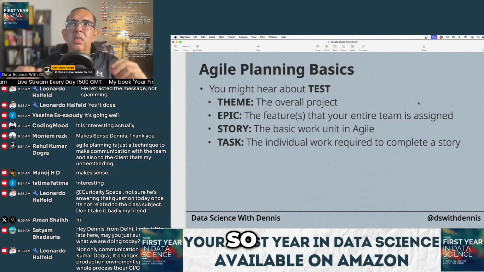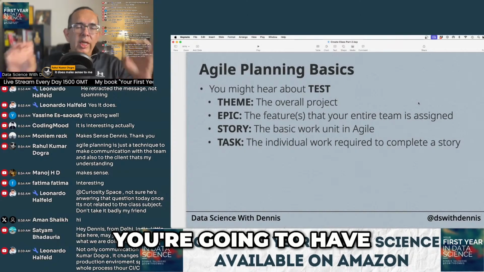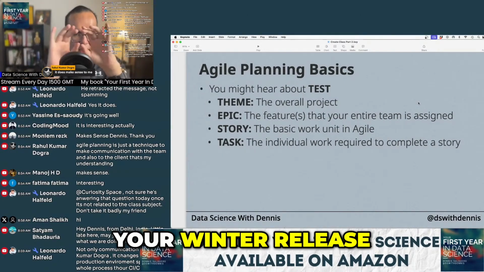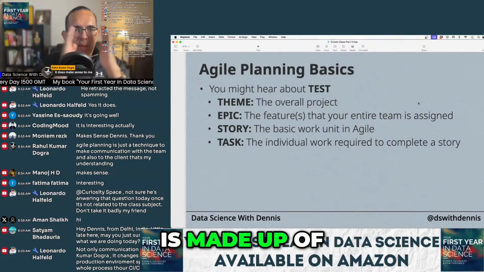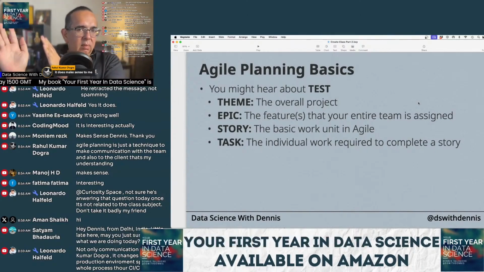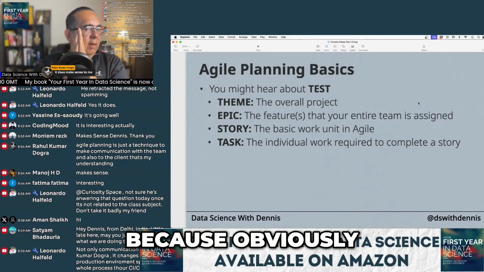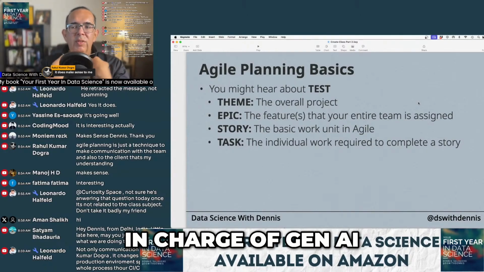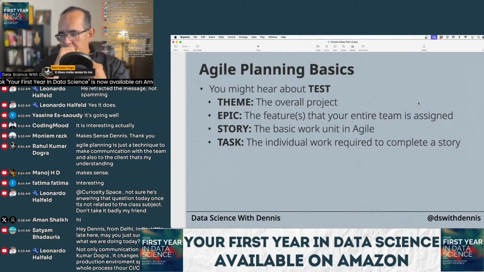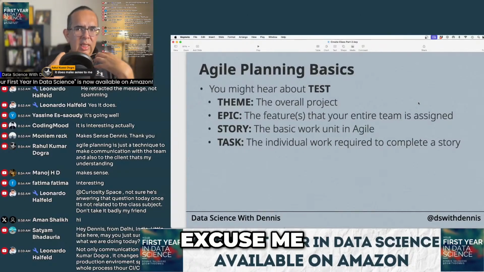So you're going to have your theme, your winter release, but then that release is made up of multiple epics, because obviously you're going to have multiple teams. So we might be in charge of Gen AI as a feature.